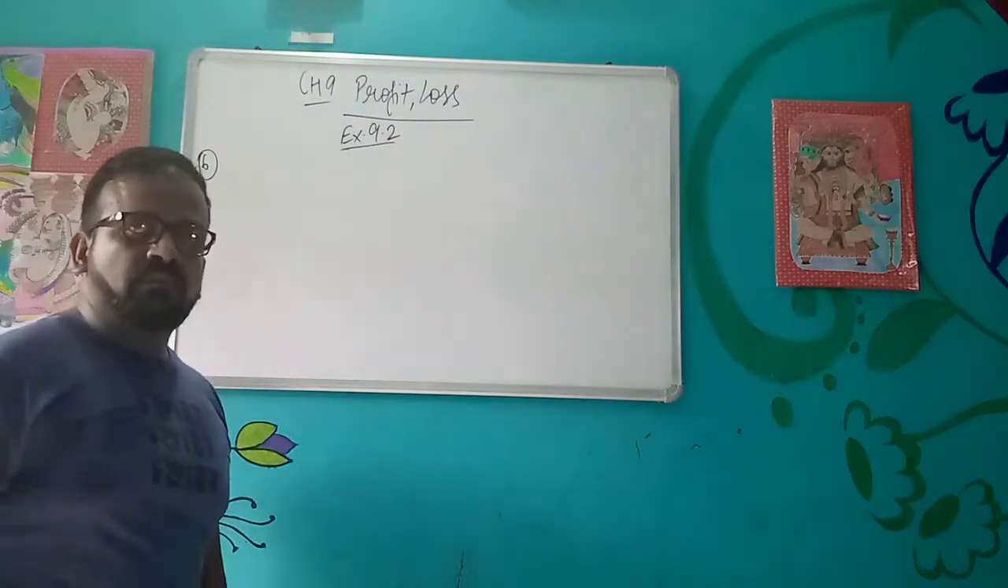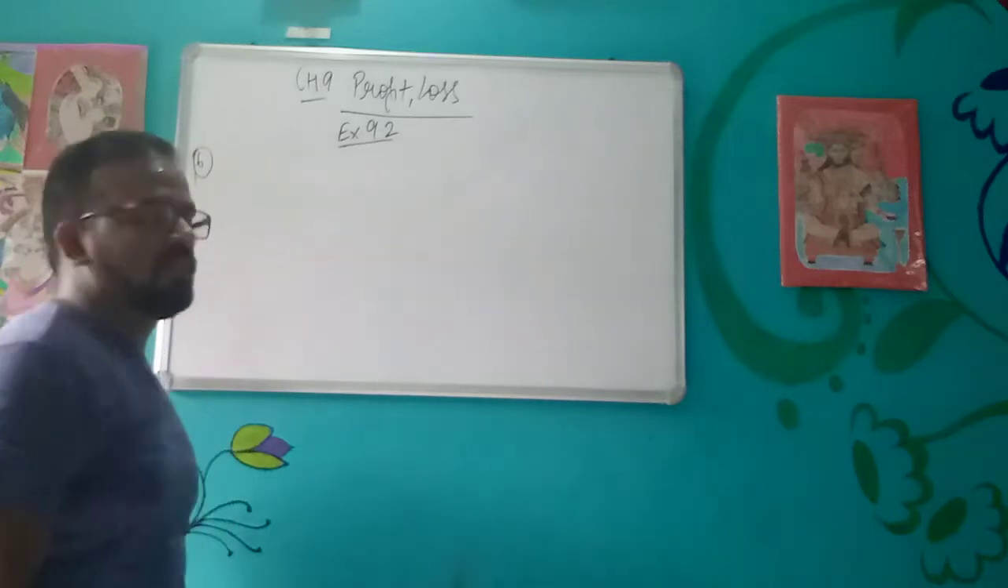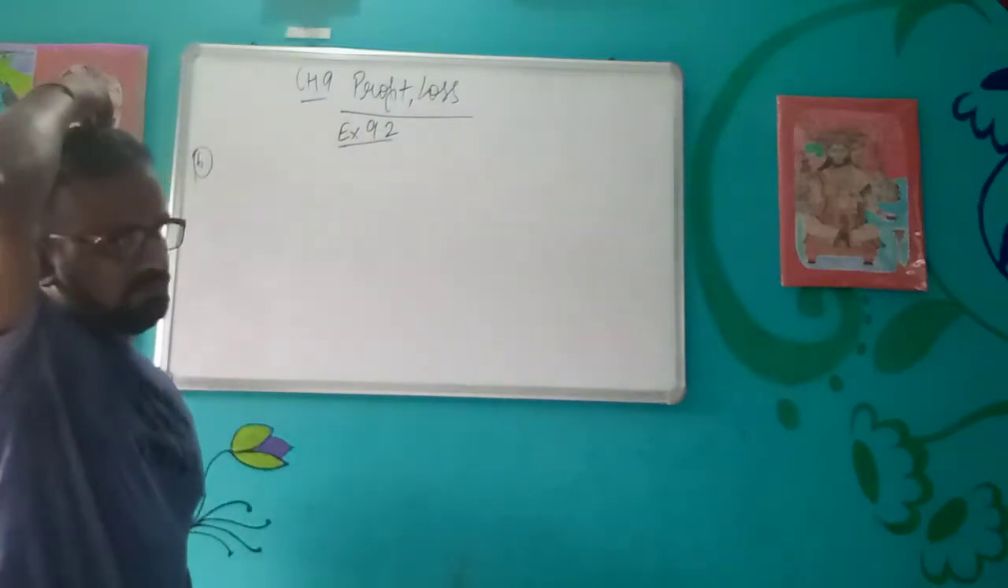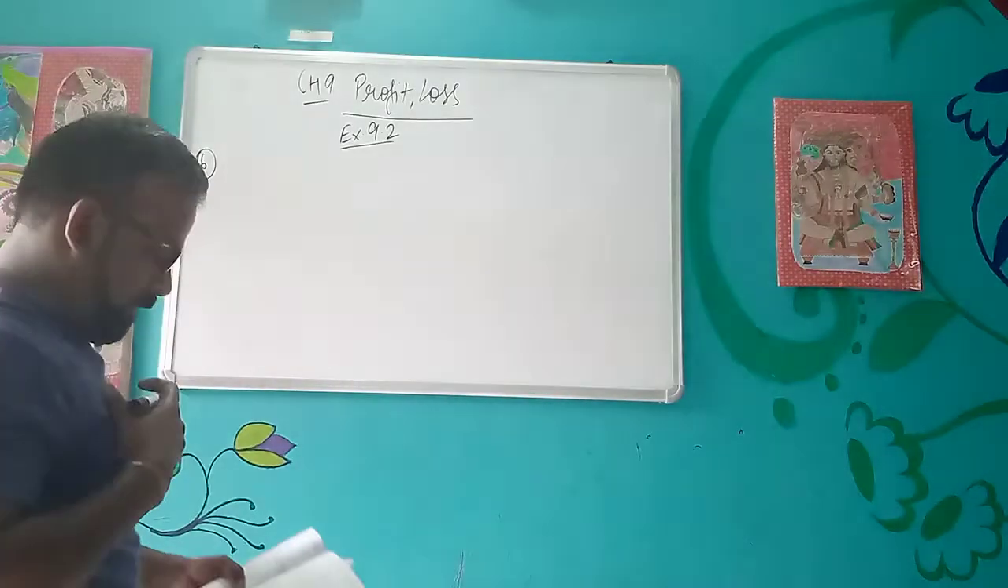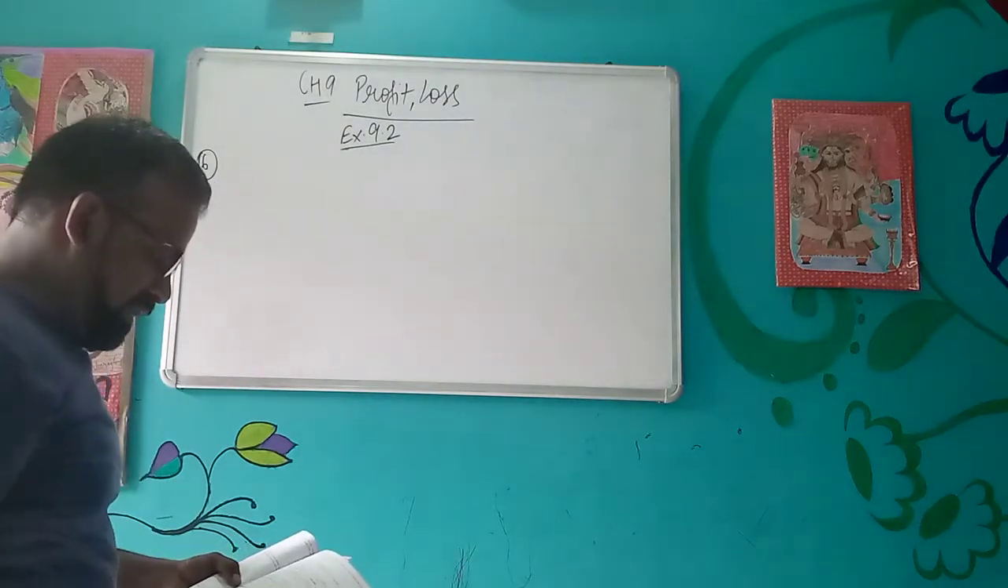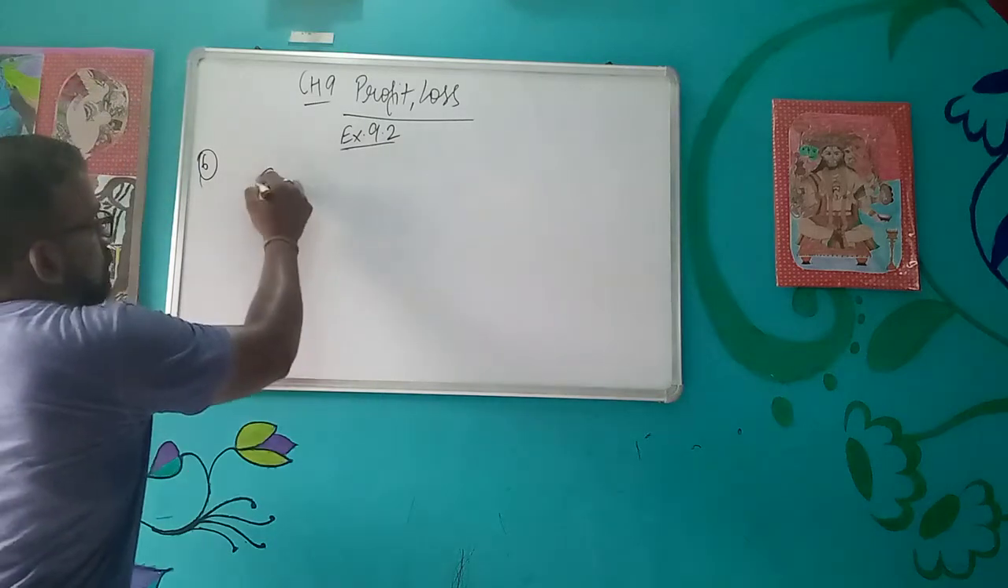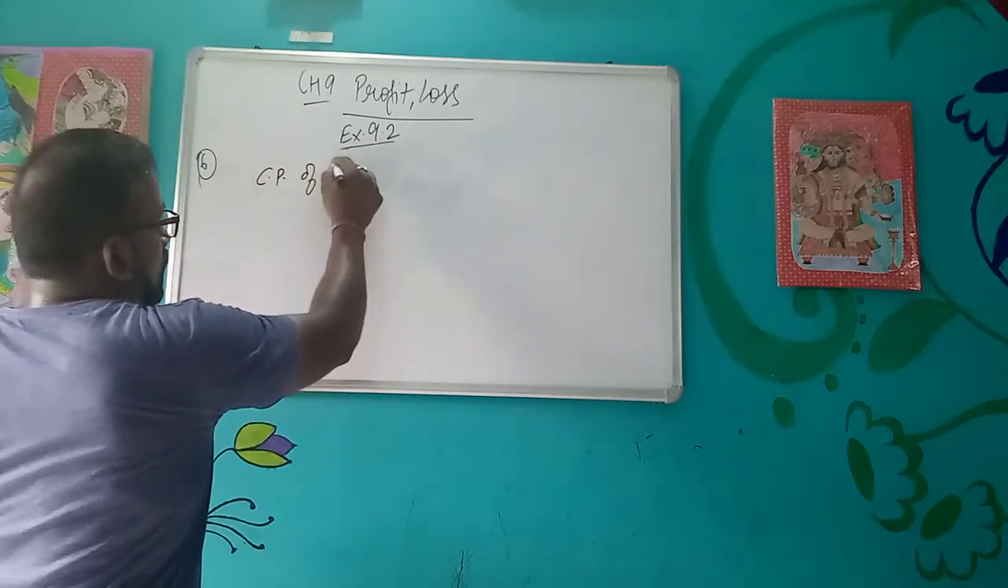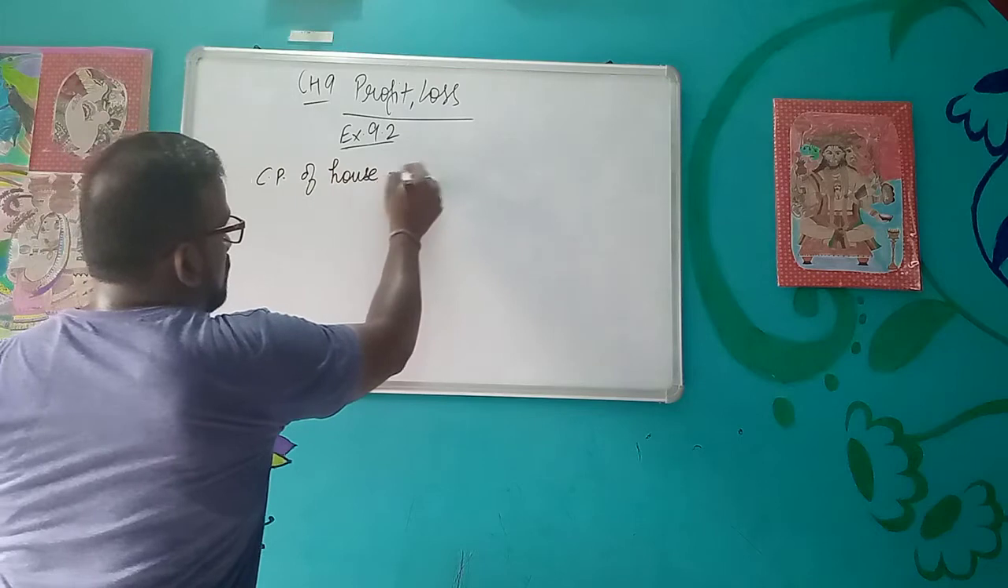Okay, so we will resume our discussion of exercise 9.2 and let's see one more type. So far we have discussed three types. This is one of the types. In this, Nina bought a house. So the CP of the house is given, rupees